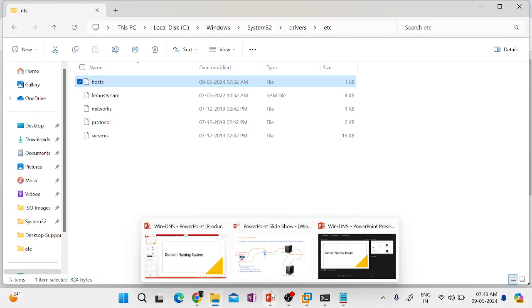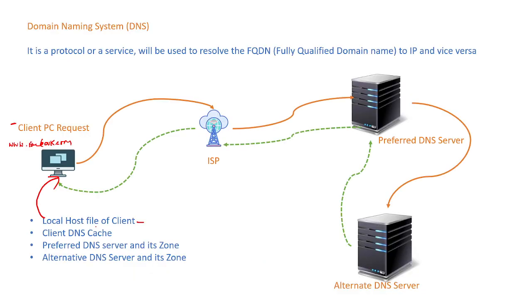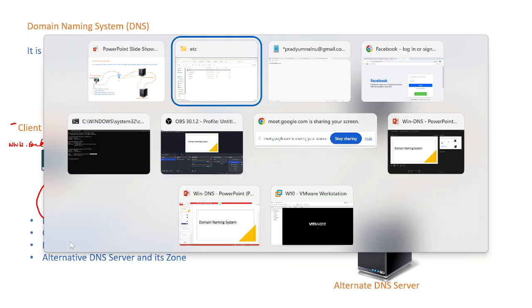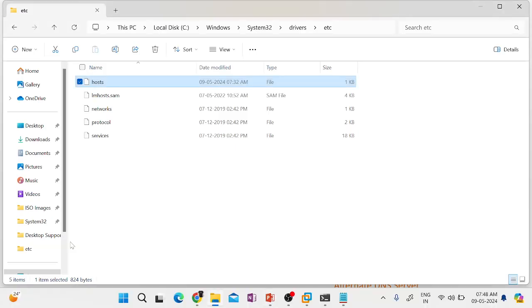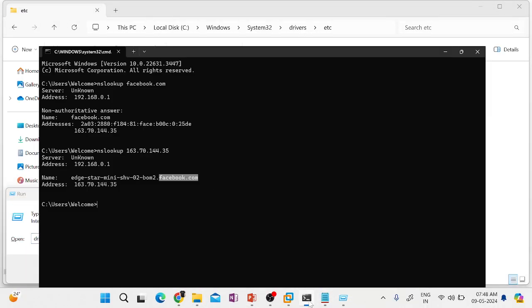So it first checks the local hosts file of the client computer, the drivers etc hosts file, and then the DNS client cache. Where is the DNS client cache? I'll show you. You can see it in the command prompt.